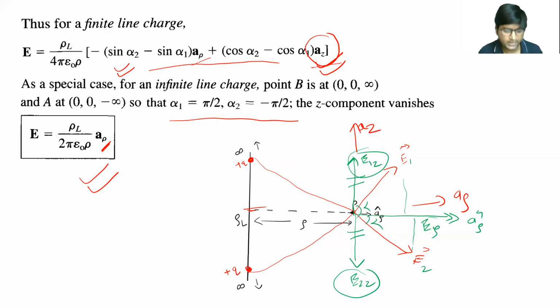So this is the intuition behind this: for an infinitely long line which has a charge distributed, you will get electric field only in the radial direction outward from the line, and not in the normal direction or z direction. So this is a very important formula. You should remember it. The electric field due to this kind of infinite line charge will only depend on the radial distance from the line at which the charge is distributed, and the direction will only be radially outward, right?